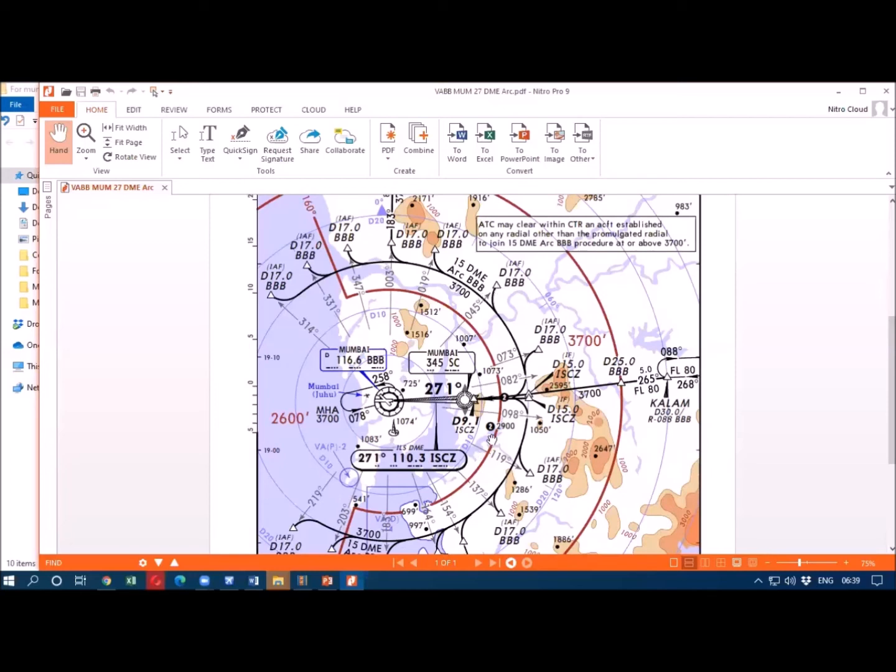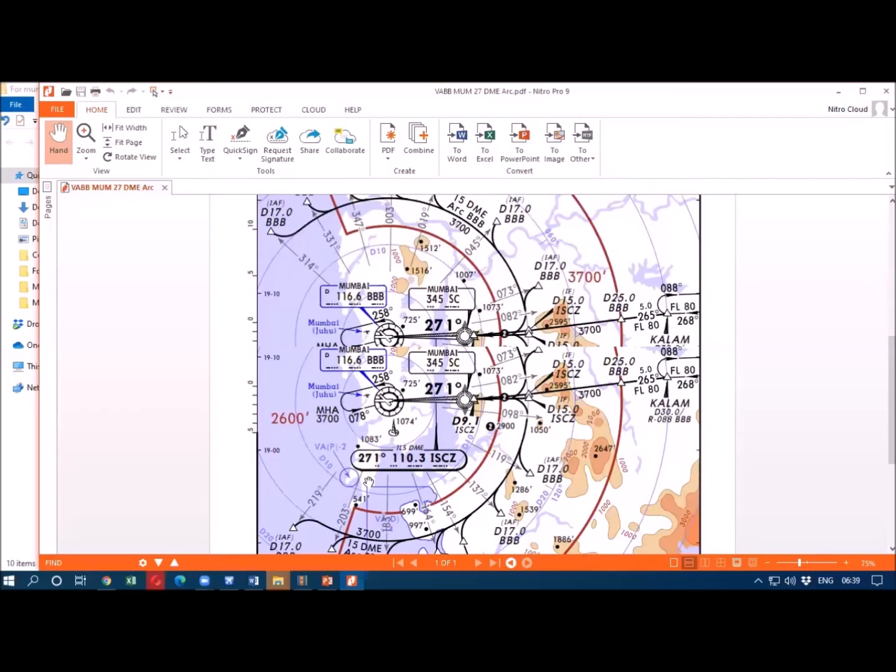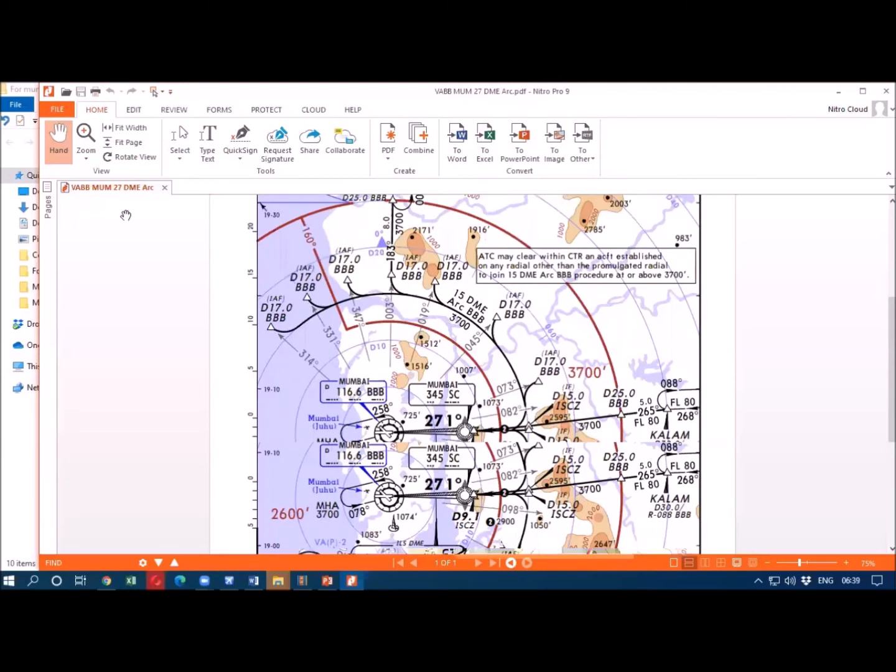If you're coming from Chennai, you may be coming like this. If you're coming from Dubai, you may be coming in something like this. So all these planes have to be regulated in such a way that you allow one after the other to come and land. Now there are two ways to do that.